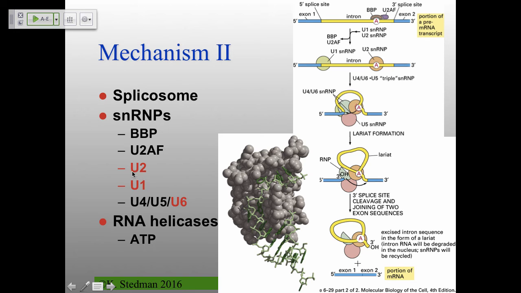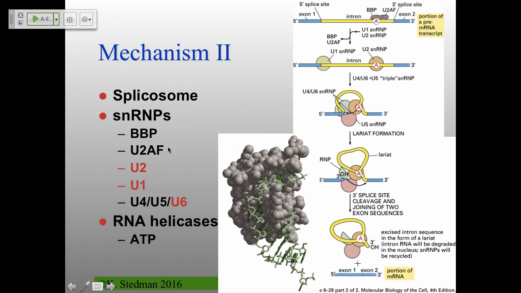Particular snRNAs. And then we've got a couple of proteins as well that are important here. The BBP, again, as if you didn't have enough acronyms to remember already. This is the branch binding protein. Branch is where you're going to have that lariat structure that forms, the looped structure to that particular A here. You also have the